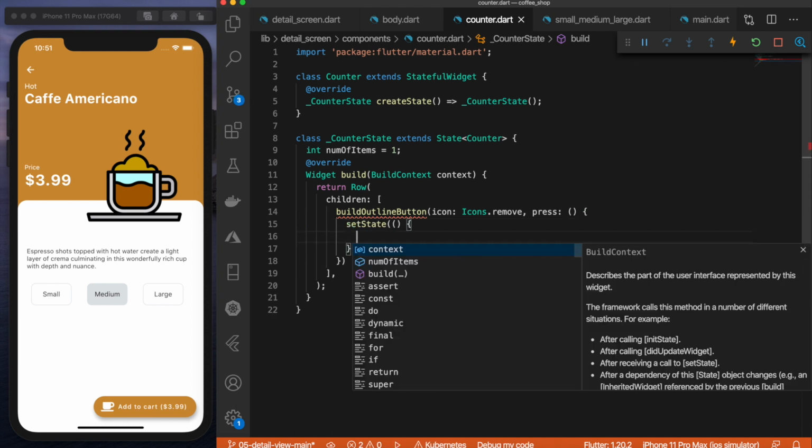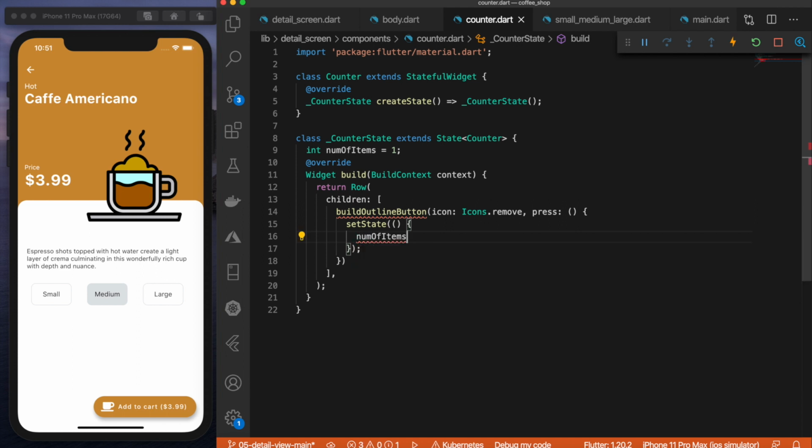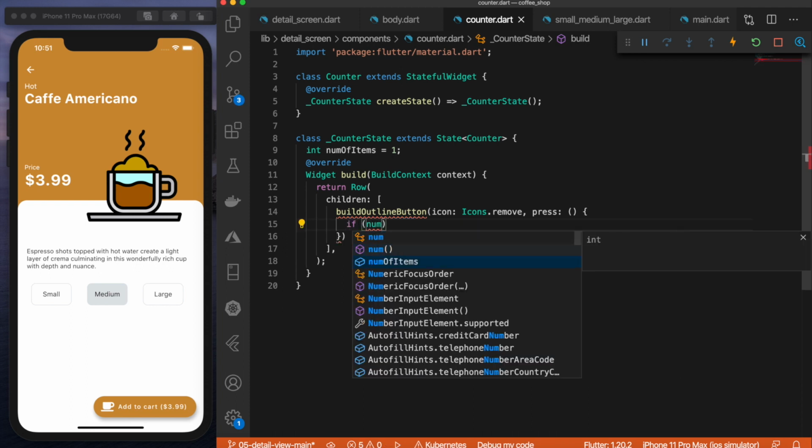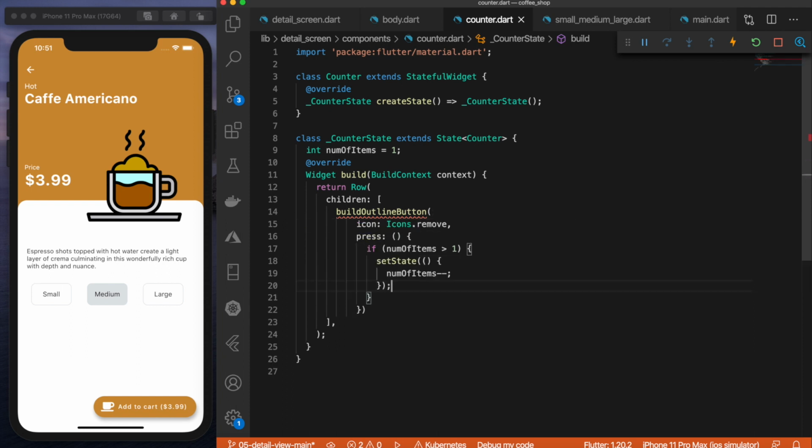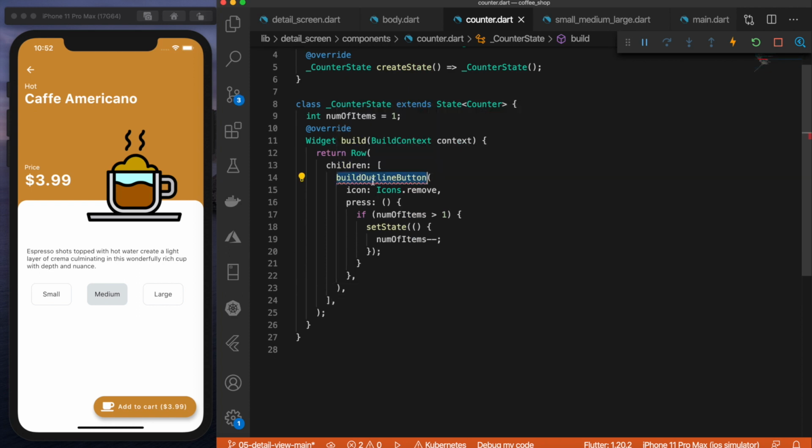And on this press, what we want to do is we want to increment or decrease the number of items. So this is the remove, so we want to subtract. So first we got to check if it's greater than 1. If it is, then we can subtract. If not, don't do anything because it can't go below 1. Let's copy that and let's